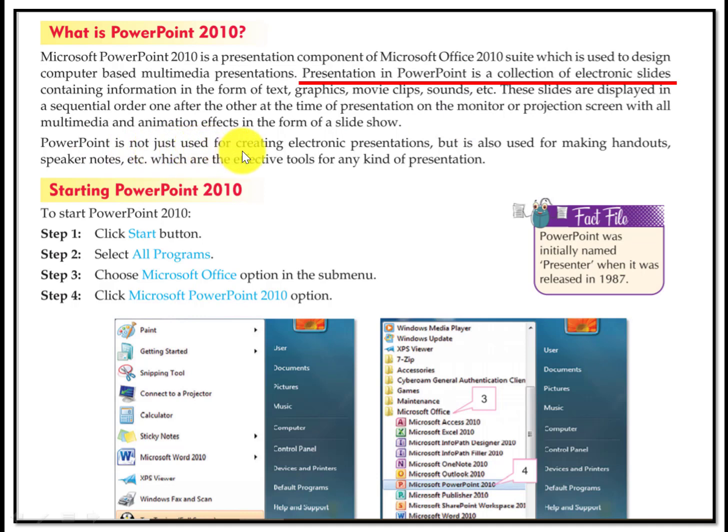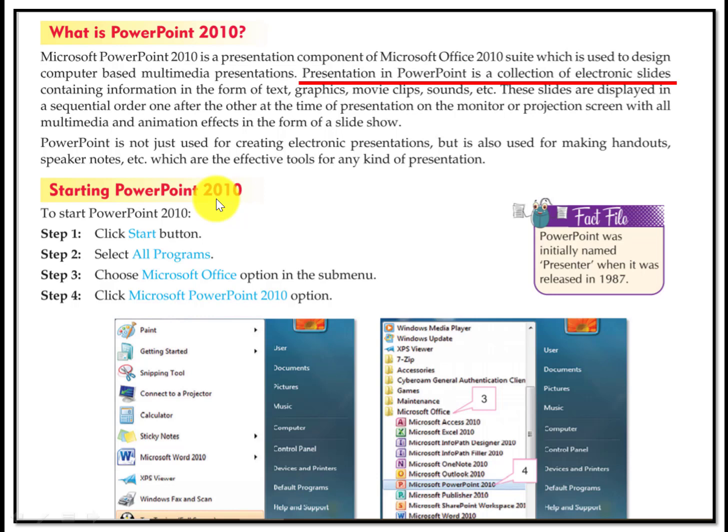PowerPoint is not just used for creating electronic presentations, but is also used for making handouts, speaker notes, etc., which are effective tools for any kind of presentation. PowerPoint was initially named Presenter when it was released in 1987.